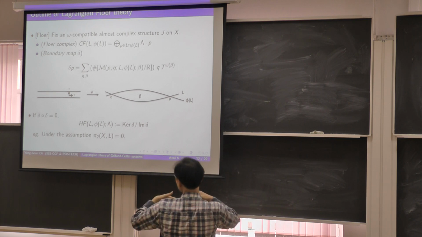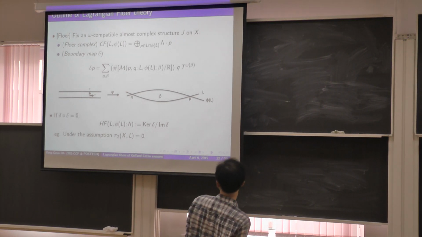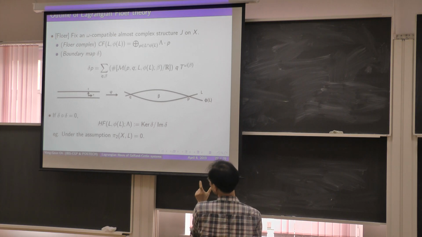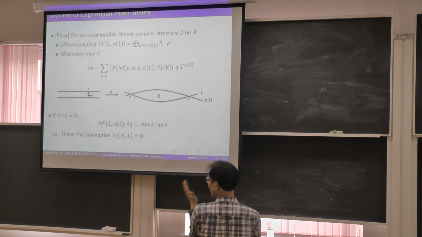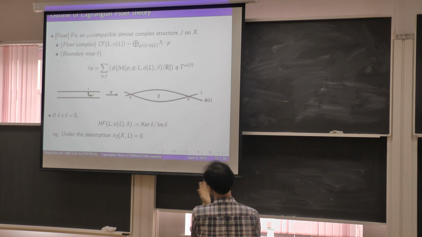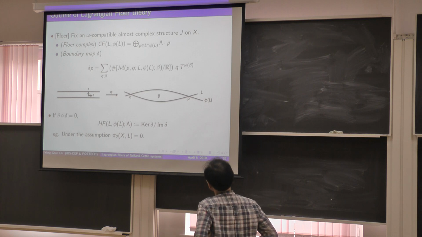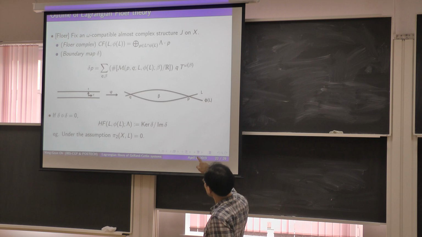We look at compact Lagrangian submanifolds, and we are assuming the intersection is transverse, so there are only a finite number of intersections. You regard those intersections as the generators of some module over these Novikov rings. Then you form a complex by defining a boundary map, and the boundary map is basically counting the number of these holomorphic strips,